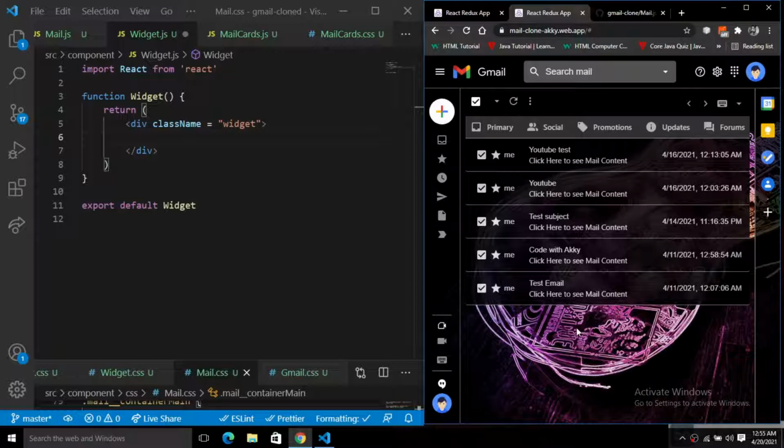Okay, so let's add the widgets.js, and we will integrate the Google Calendar, Google Keep, Google Task, and the Google Contact later in this build. This part only focuses on the front end build, the complete UI. So in this part we will complete the whole UI here. Okay, so we have to simply style the widgets there.